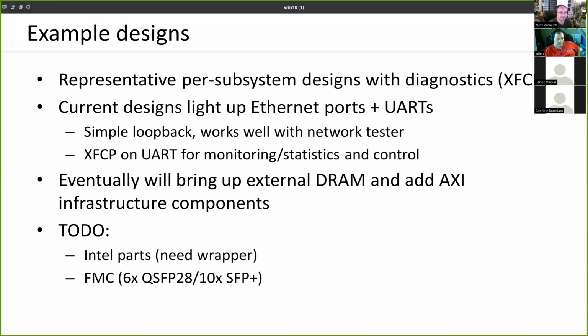So I've since gotten that squared away, and I've re-added the HTG 9200 example design, so that works. I haven't done anything with the FMC adapters. I know I had a couple